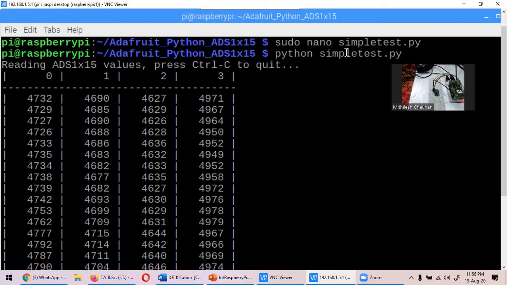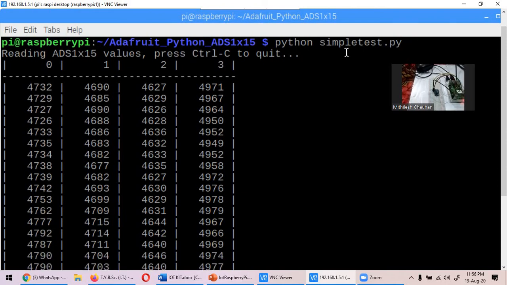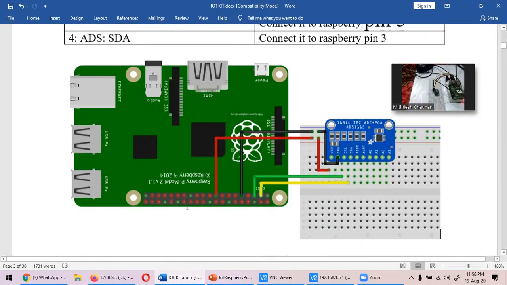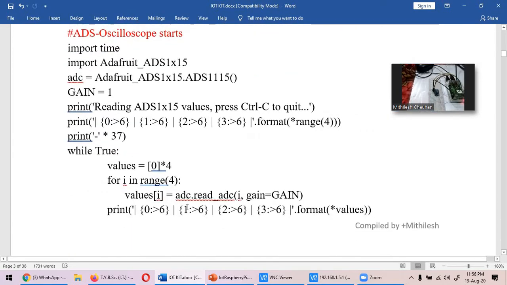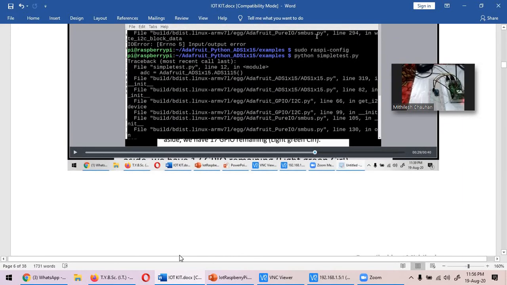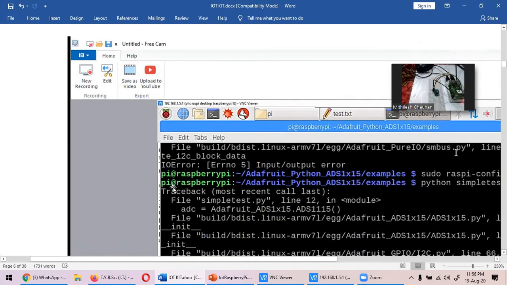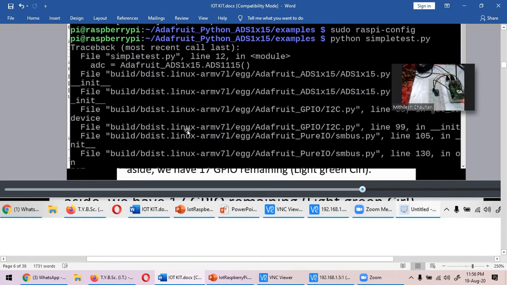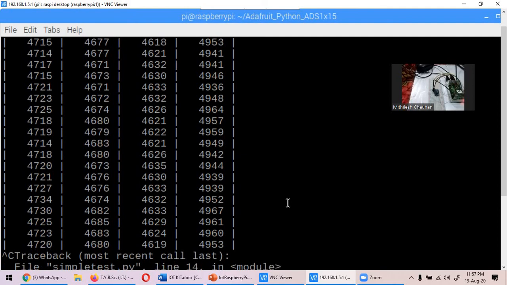the case always. There may be cases where you may get some kind of error. Let me show you the error. Yes, there may be cases where you run the program and it displays this kind of error, an IO read error, or input output read error. So to resolve the issue, first let me stop this program.